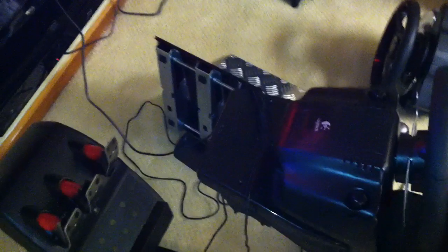What's really nice about the Playseat in general, that's why a lot of people prefer the Playseat to be their first sim racing seat, I guess, because of its compatibility. Now, like I said, I have a Fanatec coming in the mail soon, and also I finally got enough guts,